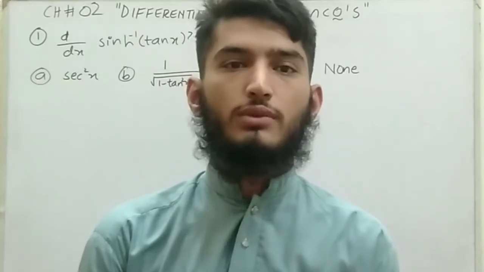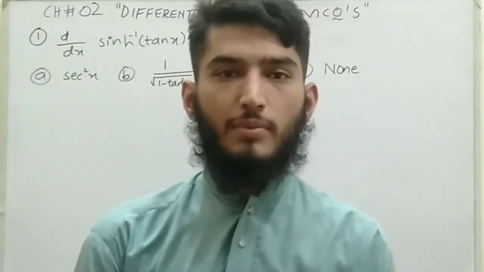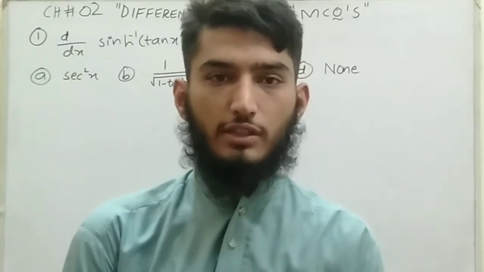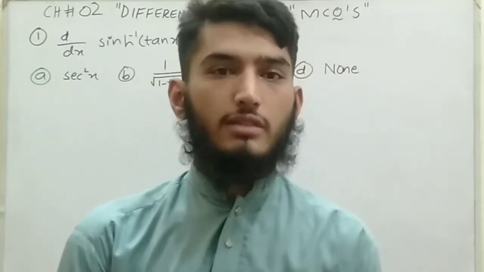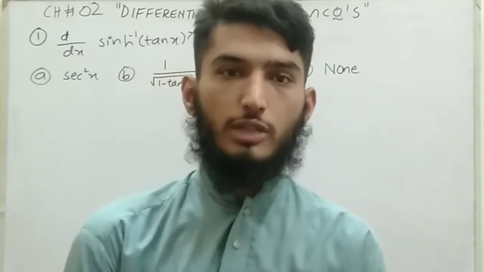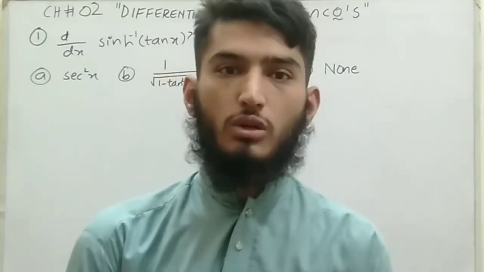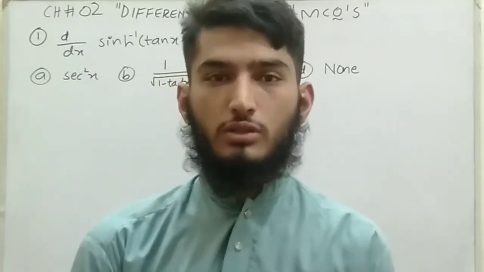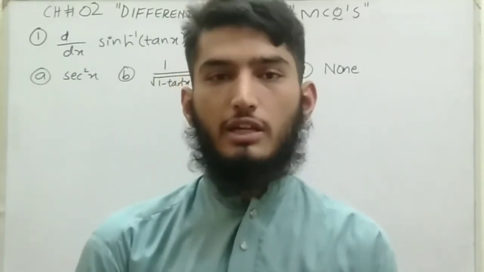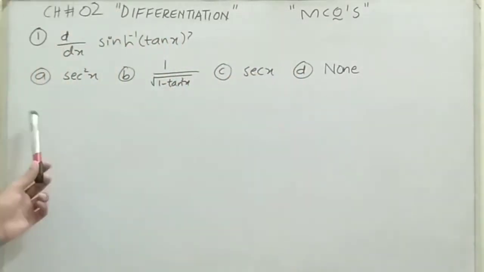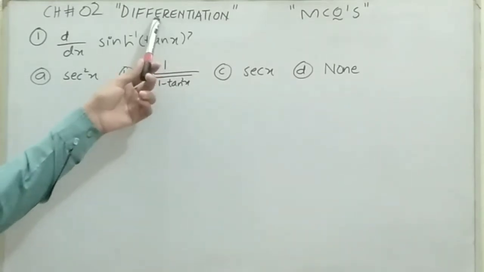In the previous video we solved question number 6 of exercise 2.7, with which exercise 2.7 was completed. There were a total of 7 exercises in chapter 2, Differentiation, FSC part 2 mathematics, and with that all exercises of chapter 2 were completed. In today's video I am going to solve MCQs based on differentiation from the MM Academy series. So let's move toward MCQ number 1 of the MM Academy series related to chapter 2, Differentiation.